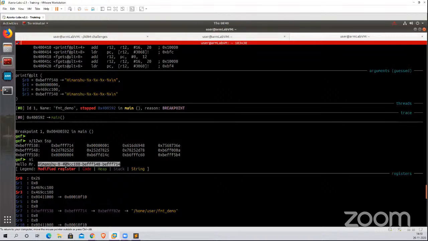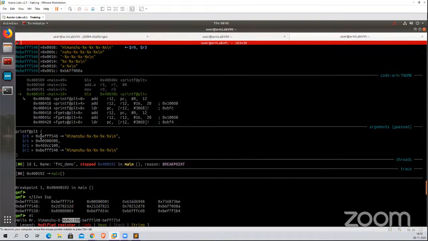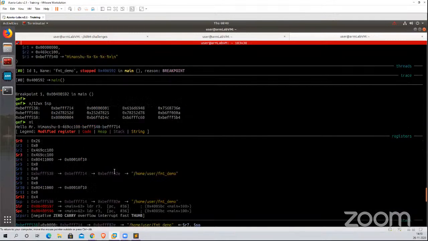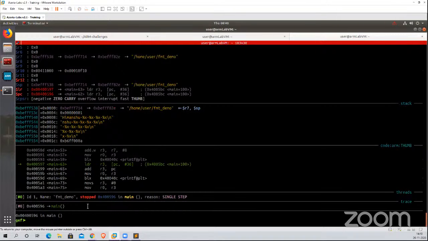Because this 469cc100 is right here, you can see, right? So R2 is 469cc100. BEFFF540 is R3, and 0 is R1. So R1, R2, R3, and then we start seeing things on the stack, which is this one. And now if we continue,